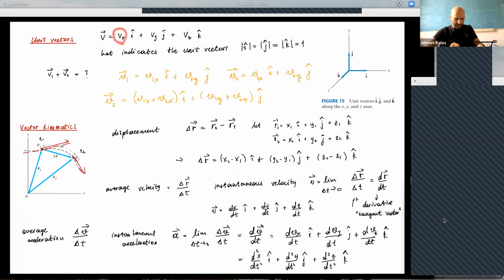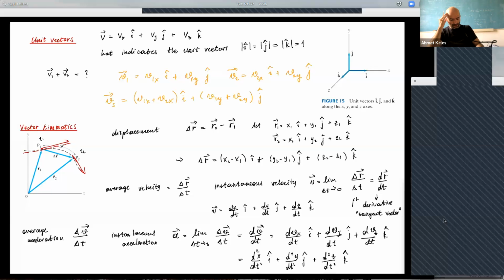You can see this Vx does not have an arrow because we put all directional information into the unit vector. Now we care about magnitudes. For example, you can do the summation, say V1 plus V2 vectors. You can write V1 as V1x i hat plus V1y j hat, same for V2. If you do the summation, you have a parenthesis in front of i hat, V1x plus V2x, and another parenthesis in front of j hat, V1y plus V2y. I think this is all we need of vectors.